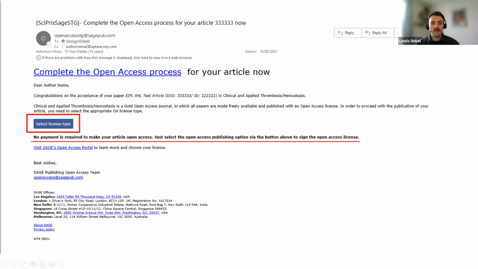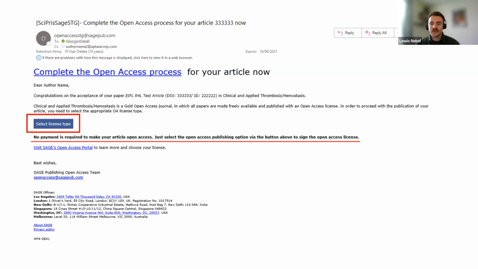And at that stage, they then become the transacting author. So it doesn't have to be the corresponding author. The corresponding author is what we use for a match, for deal eligibility, pulling that Ringgold information, like I said. But at this stage, any author can go on and complete this process through the Sage Open Access portal.